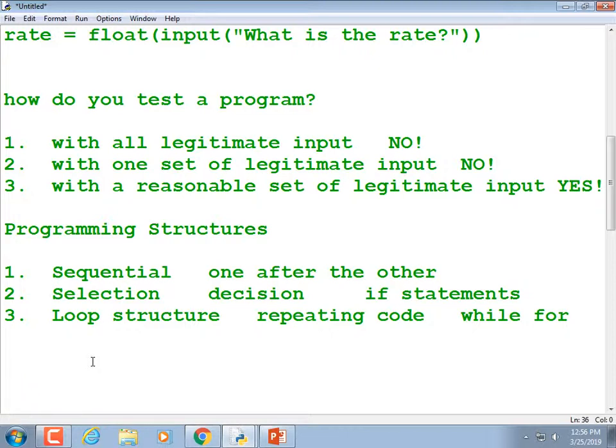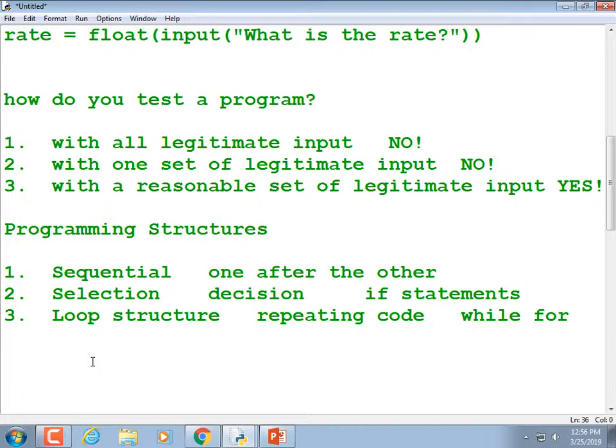And you can use these in any combination, right? You could have sequential statements, and then you have a loop diamond. And then inside that loop, maybe you have an if statement. And on one branch of that if statement, you have more sequential statements. And on the other side of the if statement, you have another loop, right? Those are the fundamental blocks.